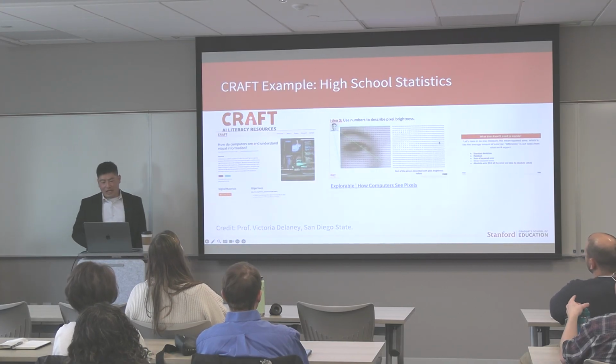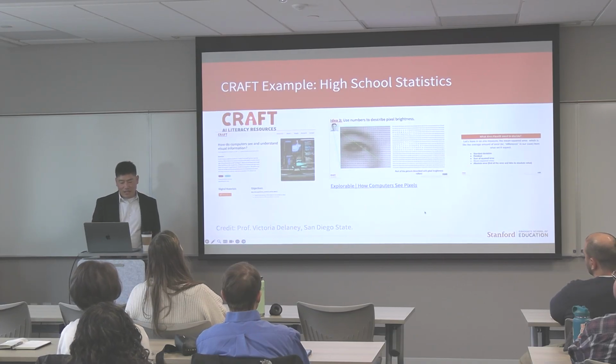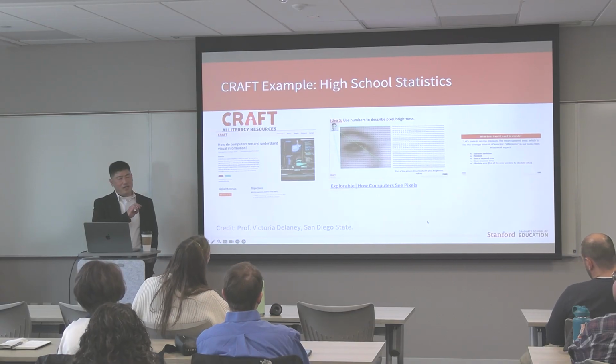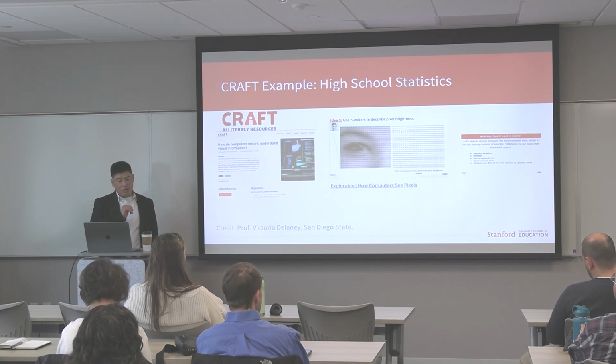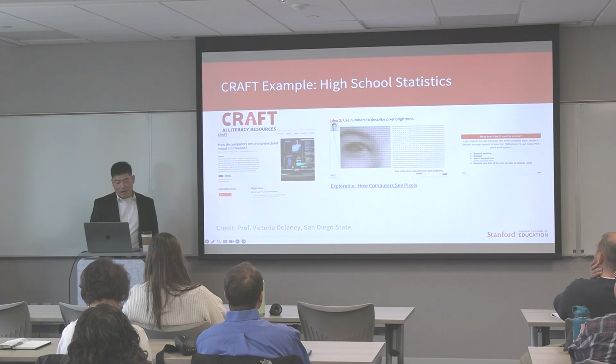I'm going to show quickly a high school statistics set of resources that Victoria Delaney, who's now a professor of math education at San Diego State, developed and incorporated into Craft. And this was an integration with and focusing on high school statistics content and using the measures of variability and error that are introduced in there. But to ask the question, using those tools as approximations, how do computers see and understand visual information? How does my phone unlock when it sees my face? So included in that,